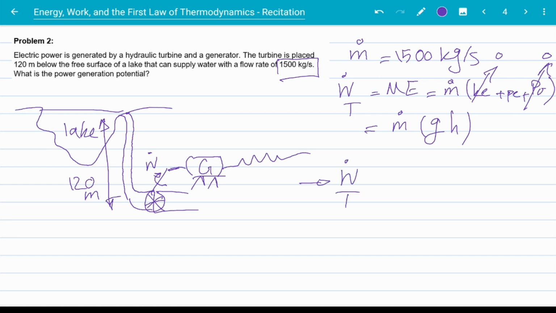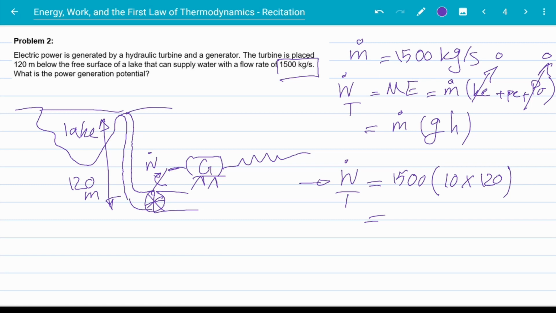Now W dot of the turbine will be 1500 times, again we take g as 10 for simplicity, 10 times 120,